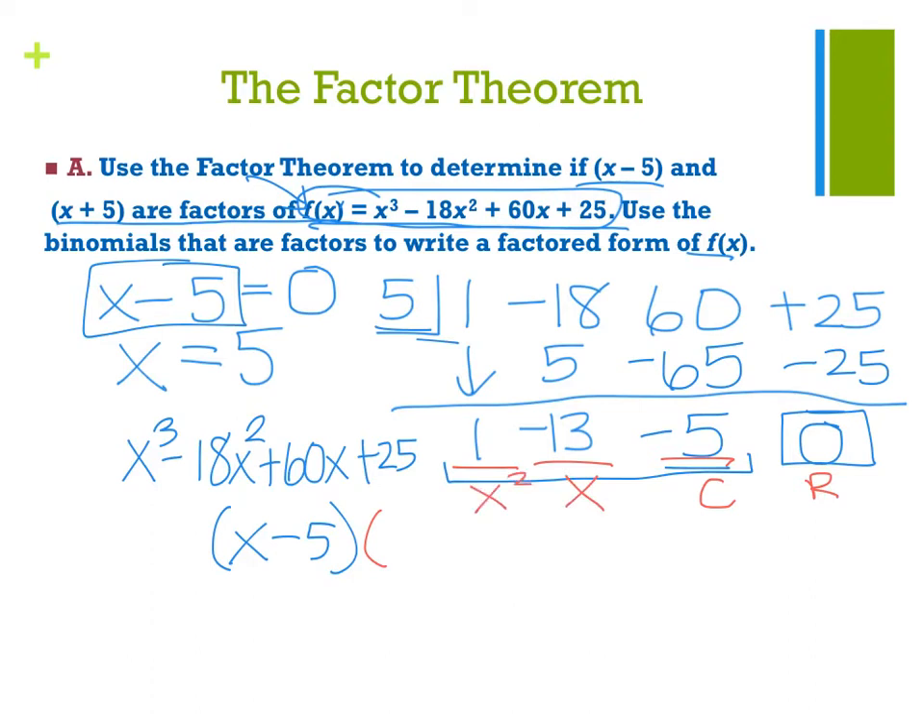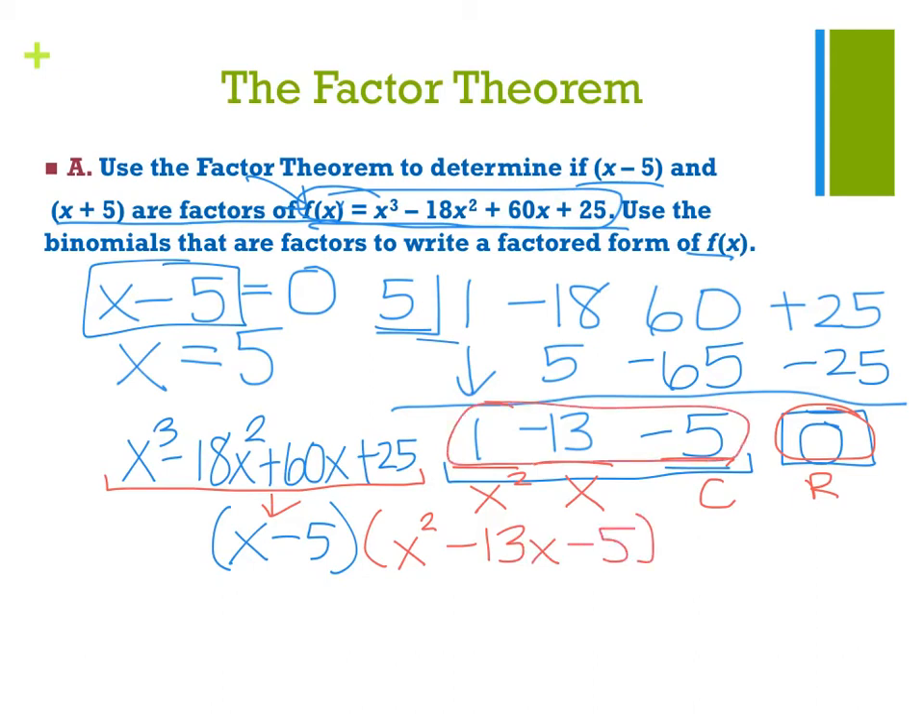So after I've determined one of the factors here is x minus 5, because our remainder was 0, I use these coefficients at the bottom to write out the remaining polynomial: 1x squared minus 13x minus 5. Now I have to factor this polynomial that's left. I have x minus 5, and if I factor this,